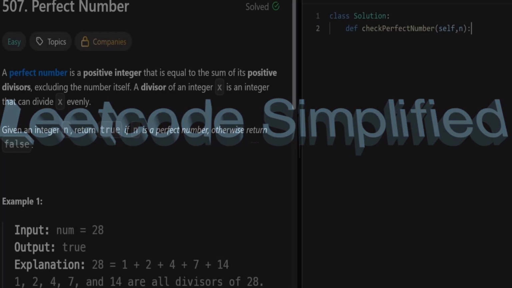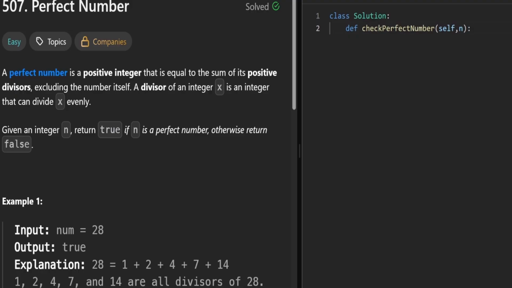Hello everybody, welcome back to Leetcode Simplified. I'm Alan and today we will be tackling Leetcode 507, Perfect Number. Determine if n is a perfect number, a positive integer that is equal to the sum of its positive divisors,